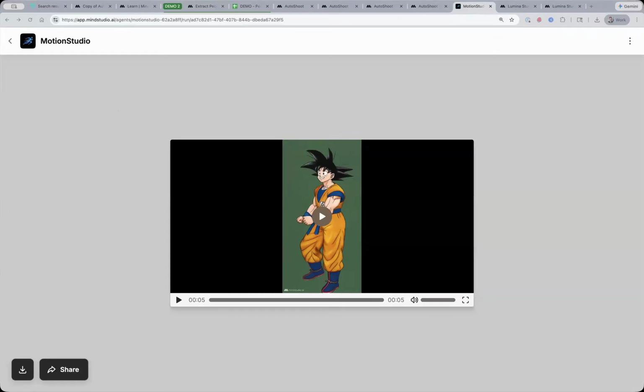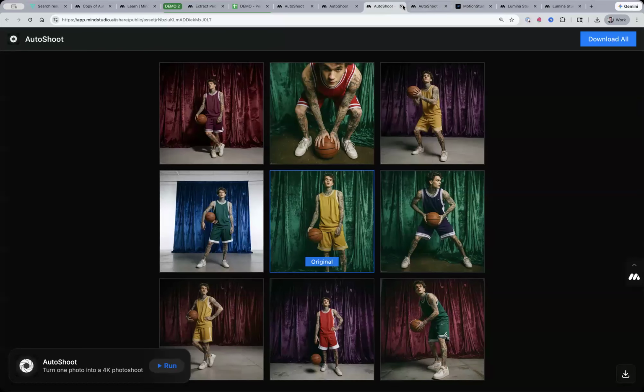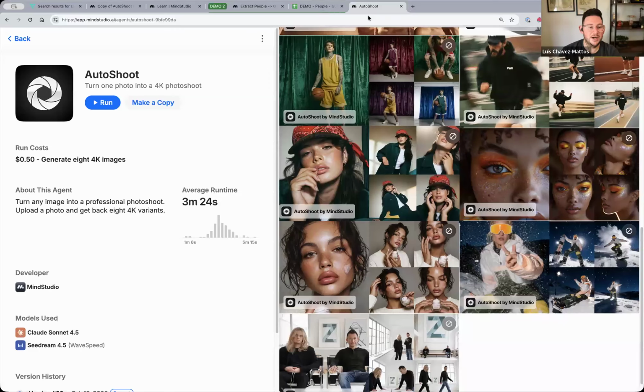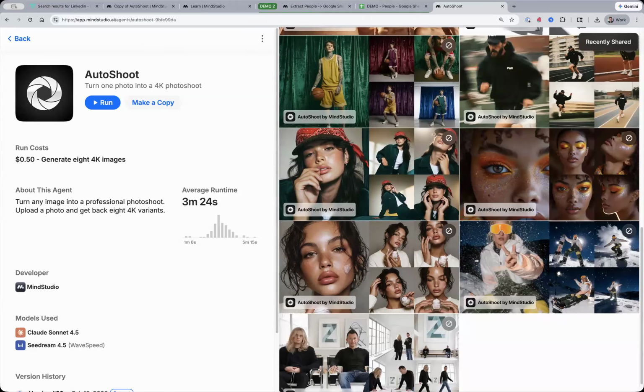Hey Luis, there's a few questions in the chat. So one thing is, how is it possible to get permission to onboard their created apps on MindStudio? Wait, sorry, ask that one more time. Is it possible to onboard apps onto MindStudio? So I think what they're asking is whether it's possible to include their agents in the ready to use